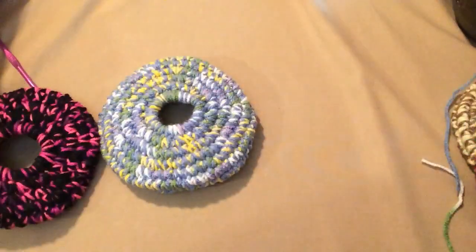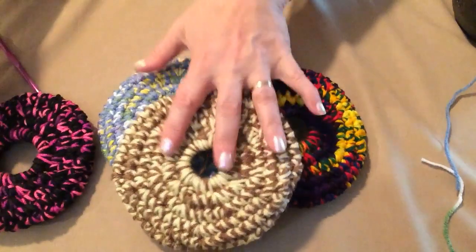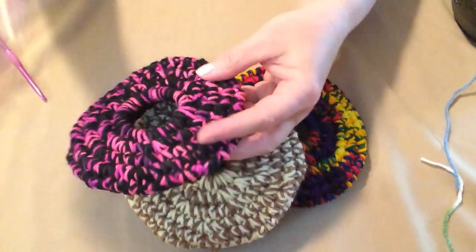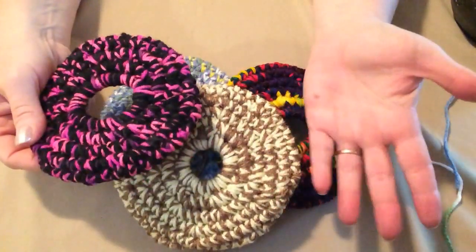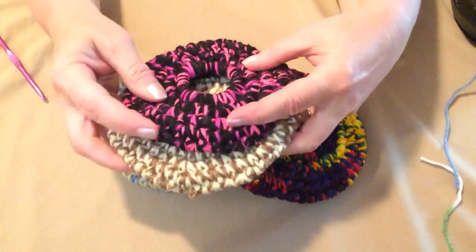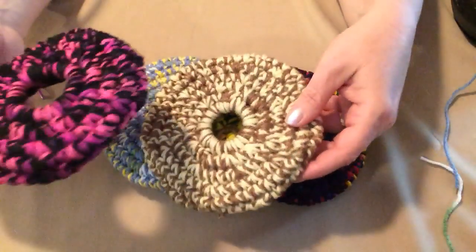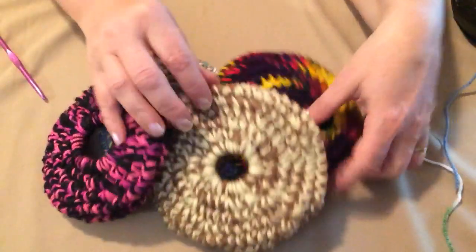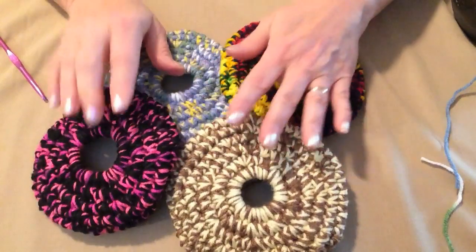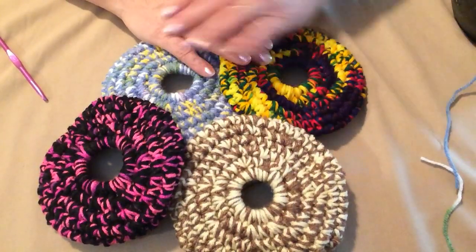Frisbee flyers. Now, on the pattern, there are two sizes listed. This is the 6-inch size, and this is the 5-inch size. Some people like them just a little bit smaller for a little bit smaller dogs. And so this one, you can see it's just a little bit smaller because it's 2 rows less is all. My dogs like both sizes, so it really doesn't matter. So I did the big size, but the pattern on my blog will show you how to do the small size if you want to make it just a little bit